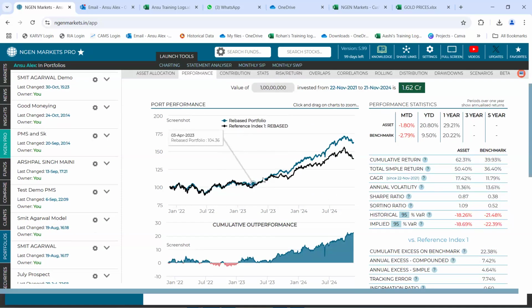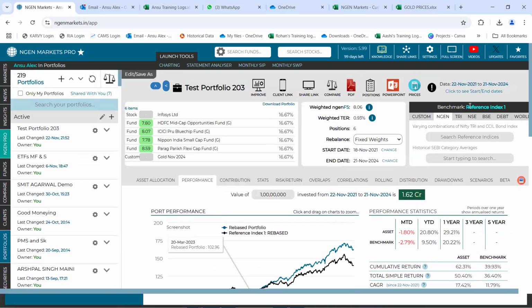In this graphical representation, blue line is showing the movement of the portfolio and black line is showing the movement of the benchmark. Now, what is the benchmark that is used for consideration? It is mentioned right here, reference index 1. Now, this is auto benchmarking that happens on the platform. Now, if you wish to know what does reference index 1 stand for, you could scroll up and go to